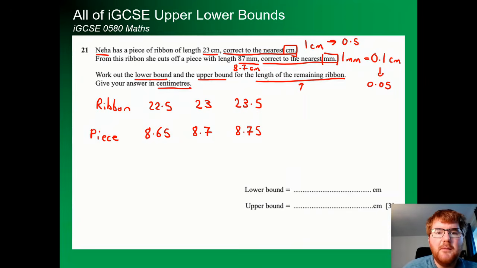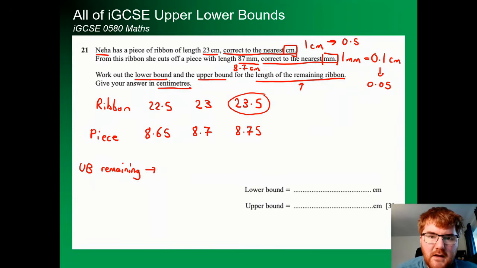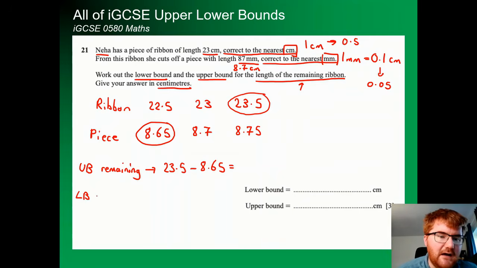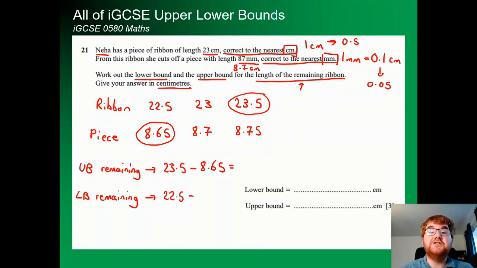This is where we have to be careful with the question. We want the lower bound and upper bound of the remaining ribbon. So let's look at the upper bound of the remaining first of all. We want that to be as big as possible. Now in order for that to happen, we want the biggest ribbon possible, but we want the smallest taken away. So we do 23.5, the biggest ribbon we can have, but then we want the smallest amount taken off, which is 8.65. And if we want to work out the lower bound, it's the other way round. We want the smallest piece of ribbon possible, that's 22.5, and we want to take off the largest amount possible, which is